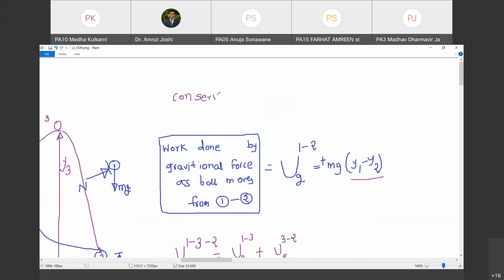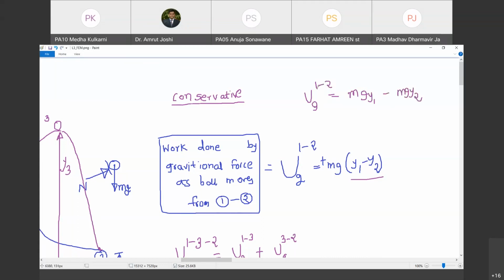What do we call these? Conservative forces. So what is being conserved? The work done is being conserved, independent of the path chosen, as long as the initial and final positions are the same. Are you with me? Yes sir. So if you are working with conservative forces, what is the work done as the object moves from position number 1 to 2? One of the conservative forces is gravitational force. What is the work done? Tell me. It is mgy1 minus mgy2. Do you agree with me?